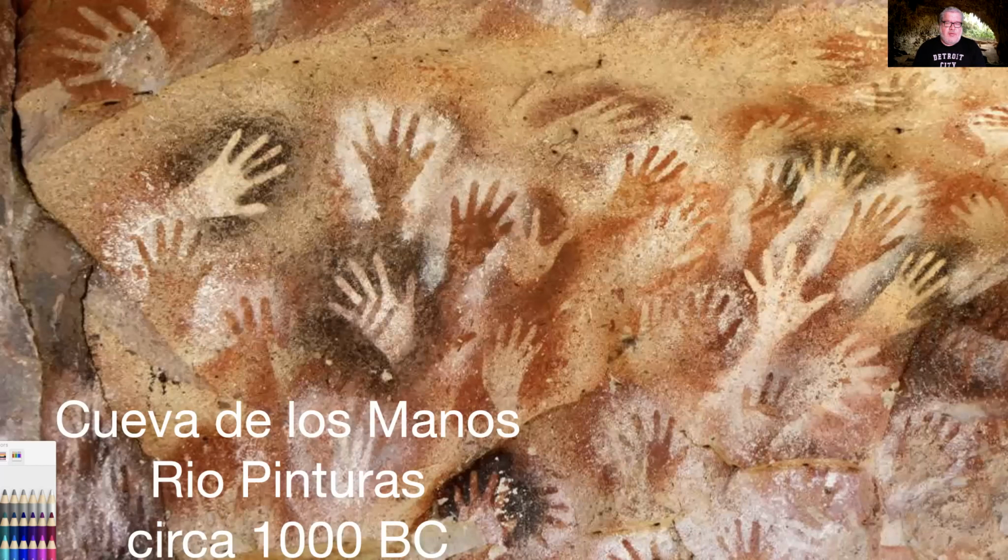This image on your screen comes from Cueva de los Manos, Rio Punteros. My Spanish is horrible. And my daughter actually teaches Spanish, and she will tell you it's horrible. So I'm sorry for slaughtering it there, but this is a cave that was found in Central America a few years ago. And within that cave, there were cave paintings. And these cave paintings have been dated to go back to about circa 1000 BC, which is 3,000 years ago, before literate cultures, before writing and reading were things that we did as humans.